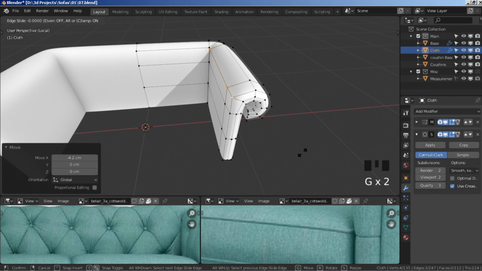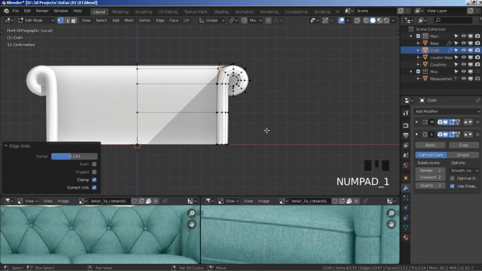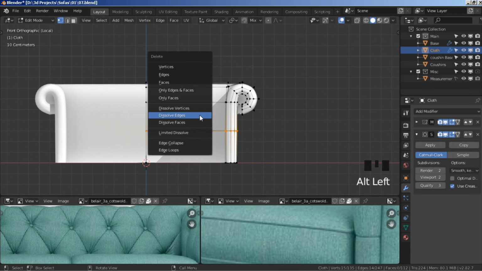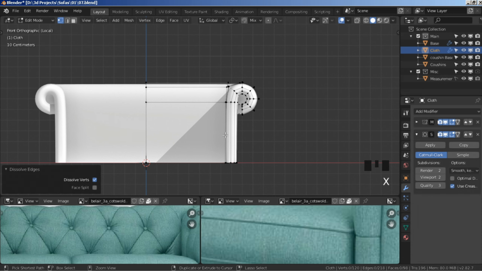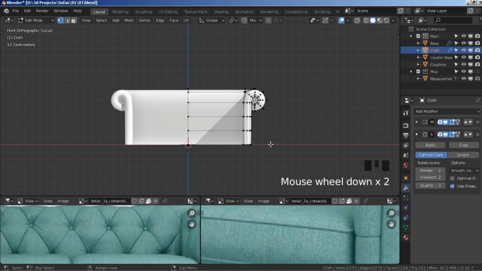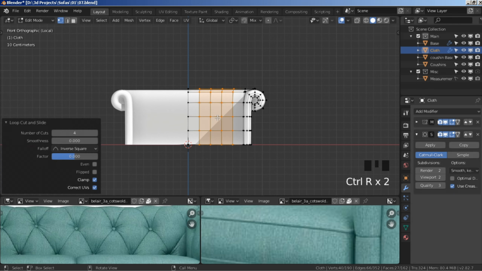Now double tap G and slide this line here just a bit to give it back its smoothness, and then hold Alt, select this edge loop, press X, dissolve edges, Ctrl R, add 2 segments, and then finally we get a much more even topology here. So what we need to do now to start creating our pattern is add 4 segments to the front and